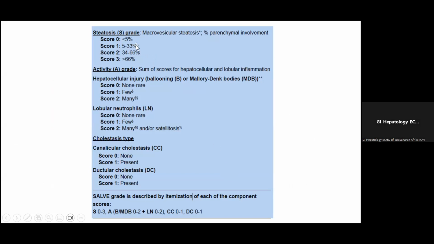So, okay, we gave the score, the steatosis grade. We said that was 66%, I think, did we not? No, we said it was 0 to 66%. And then we said that there was not much in the way of Mallory-Denk bodies, so we gave that a 1, but we felt that there were lots of neutrophils, many, and satellitosis. So that's quite good because I think that's reproducible. So that gives an activity grade then of 3. And then there was no cholestasis that was evident.